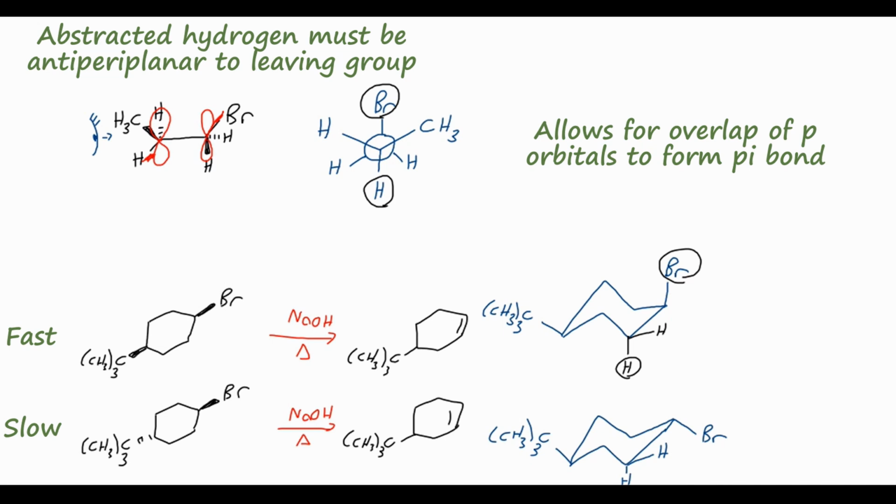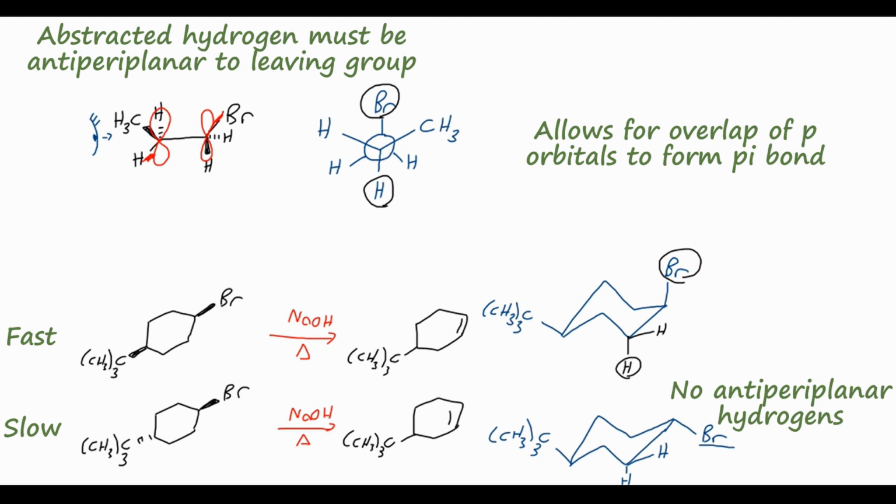And if you can see what's coming, in the equatorial position, this bromine has no access to any antiperiplanar hydrogens. So none of the adjacent hydrogens are antiperiplanar. And in order to undergo an E2 reaction, this trans isomer of this cyclohexane would have to undergo ring flipping